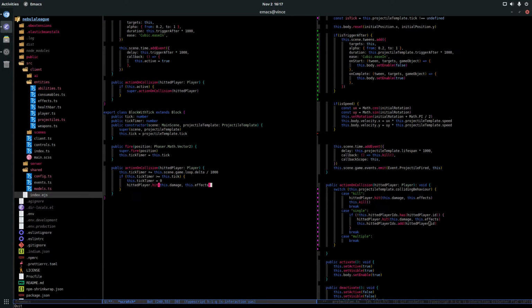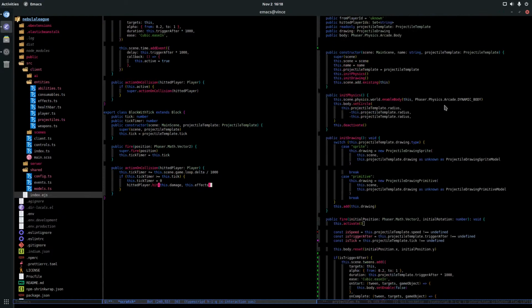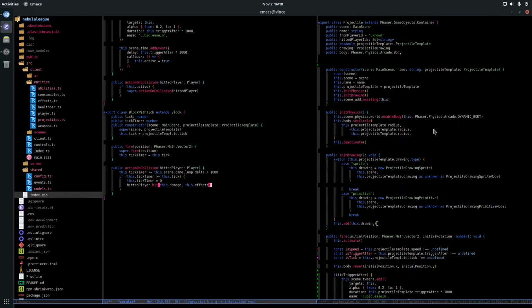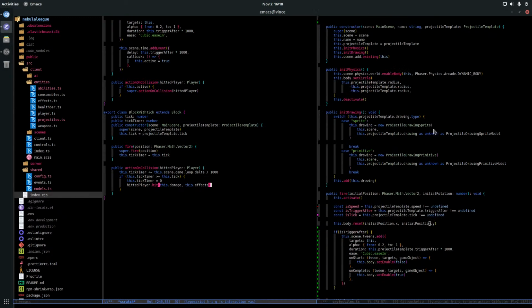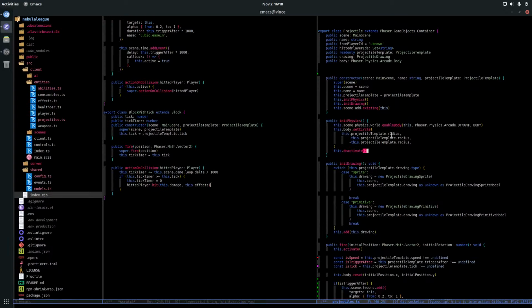But sometimes it doesn't have a timer, you know, the tick timer. Maybe it should have a default tick timer. If I have a default tick timer in my projectiles, it would make things easy. In my constructor, I need to say projectile template tick timer, and if it's undefined for the tick, I put a default timer inside it, so I can have multiple that works with bullets that don't have a timer.